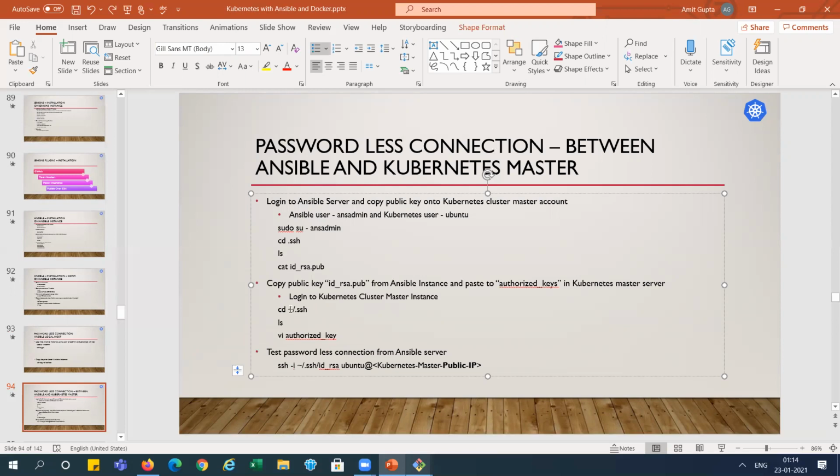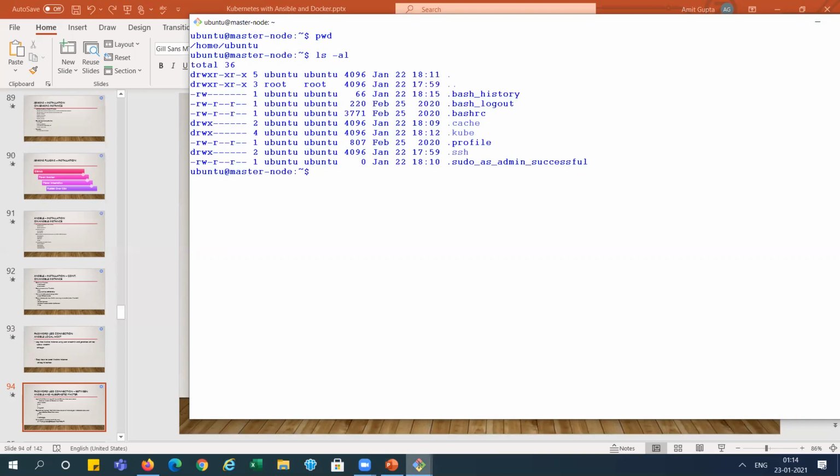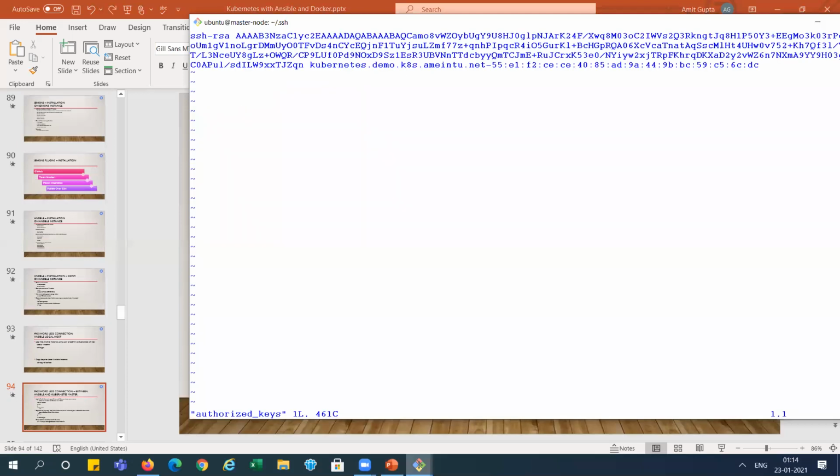Now we go to the .ssh folder here. You can see where we are, right? Ubuntu. With ls .ssh, you can see the authorized key is there, right? So we will go to the .ssh folder and edit the authorized keys with vi.